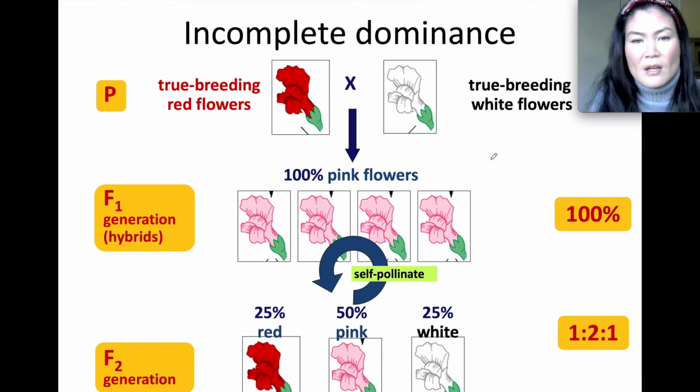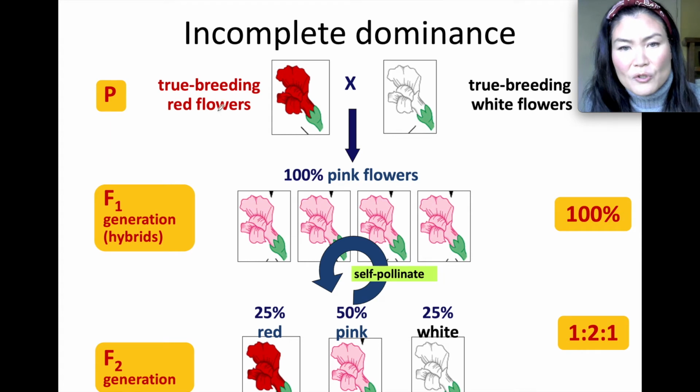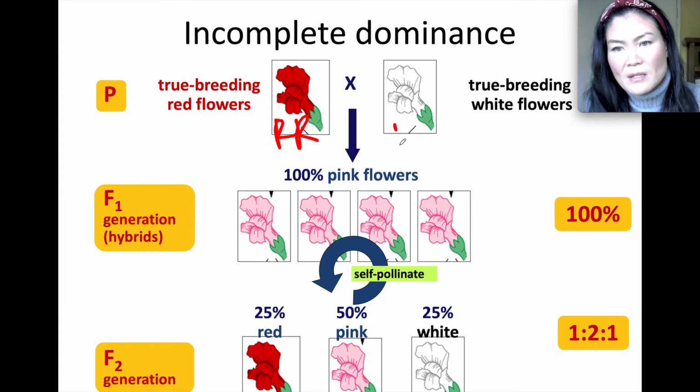Let me click here. So you have true breeding red, that means it's big R, big R. True breeding white, that means it's WW. If you cross-pollinate them, they all are the same. They all get a red gene, they all get a white gene, right? So they're all big R,